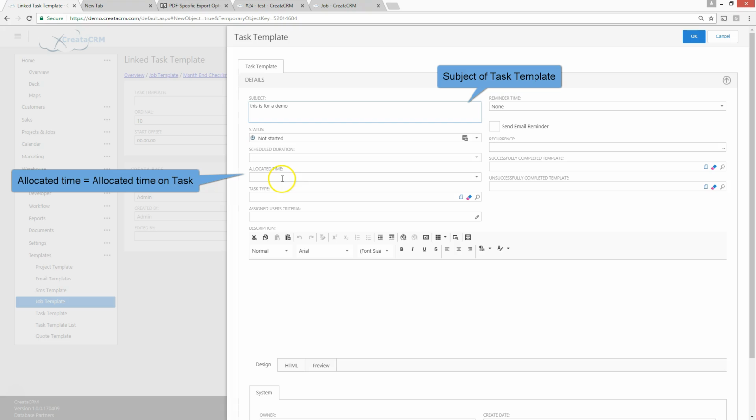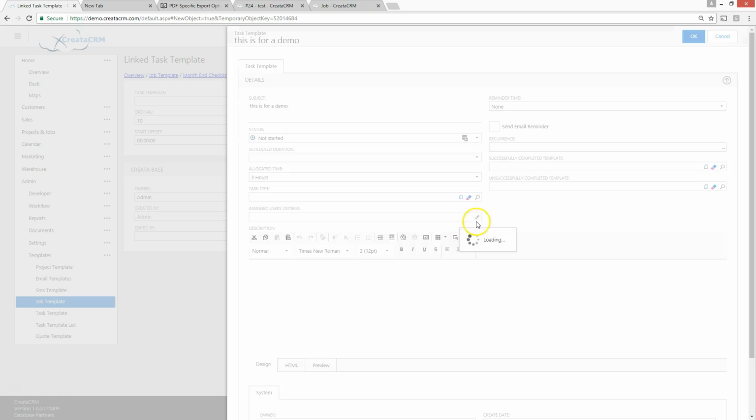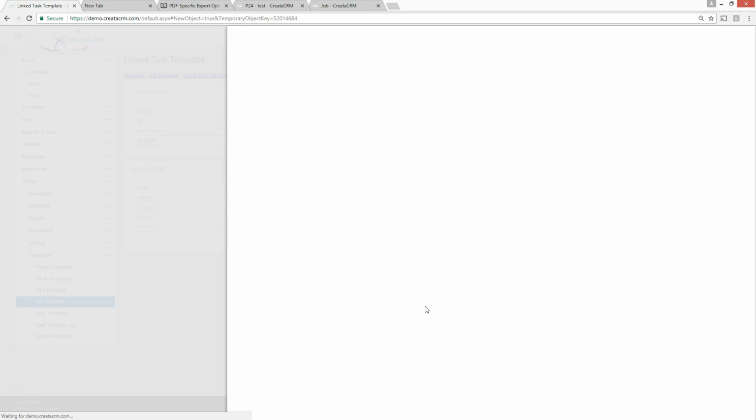Now what I'm going to do is allocate 3 hours for that. The task type in here I can leave alone. The next thing is to do with the assign criteria. If I click on this pencil mark here, I can pop up a screen and build a criteria builder for when it creates a task. So for example, I click on the add button,